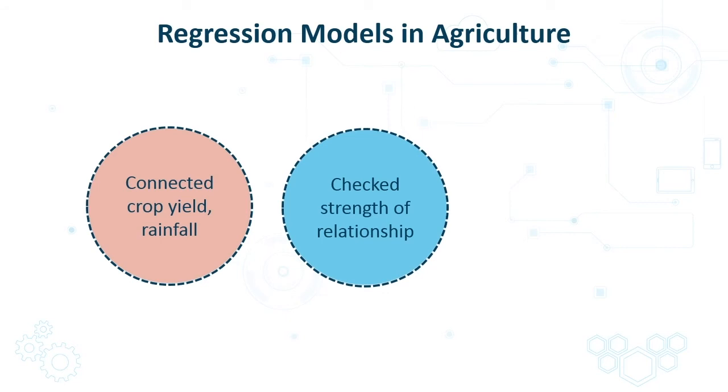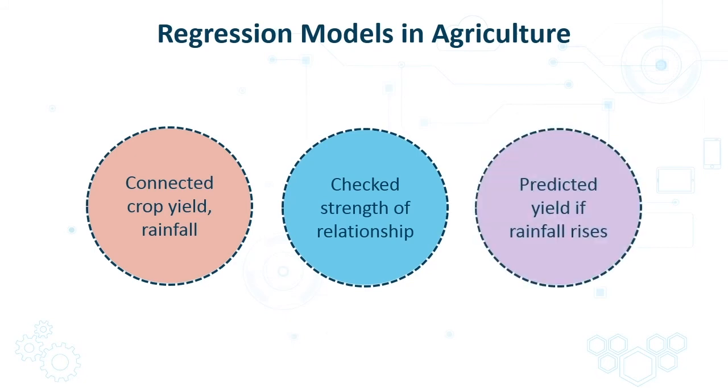This relationship has now been quantified by means of a regression line which is represented by an equation. We can then make use of that equation in order to predict the crop yields for any amounts of rainfall. So as the forecast changes to anticipate greater or less rainfall, then we can simply adjust our expected crop output, and the farmers can then use that information in order to plan for the upcoming season.